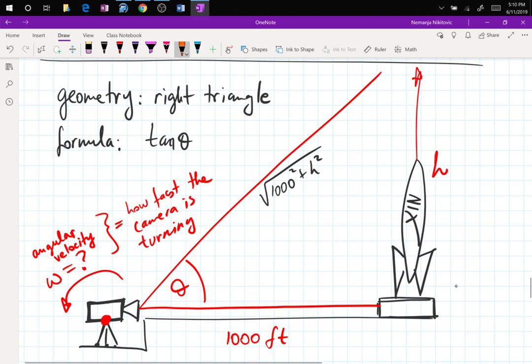You have to actually use the formula. You can't just say, oh, let me calculate one instance and then use that speed for the entire launch, because it doesn't work that way. The rocket will be picking up speed, but also the rocket will be moving away from the camera too fast,